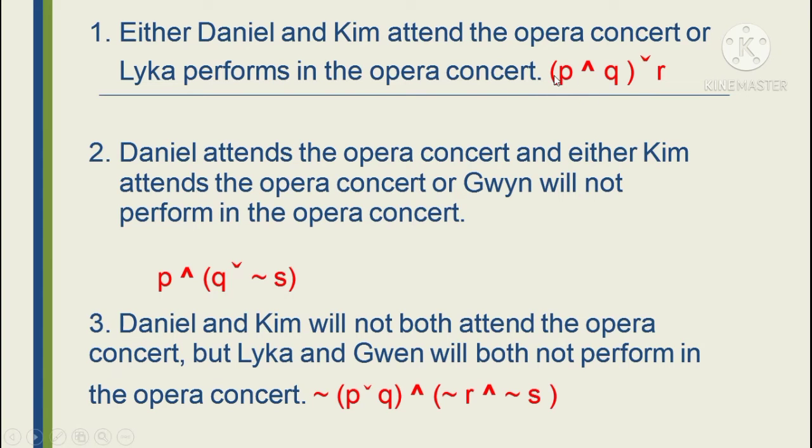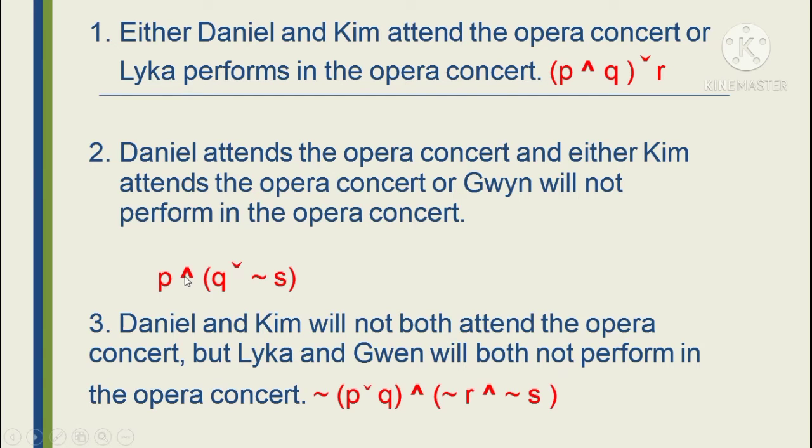So, or pwede natin sabihin na set P and Q, or R. So, ito yung solution. Next, Daniel attends the opera concert, and either Kim attends the opera concert, or Gwen will not perform in the opera concert. So, dito, ang magiging solution natin is P, where si P is si Daniel,